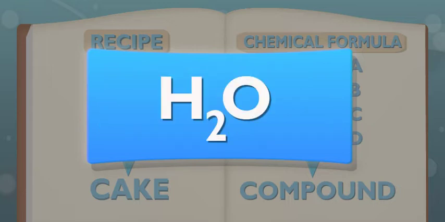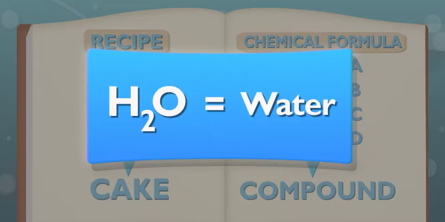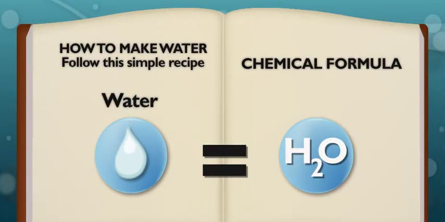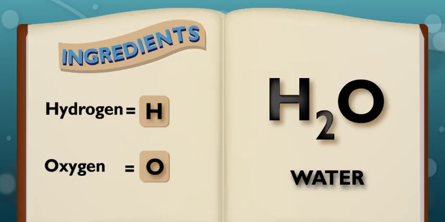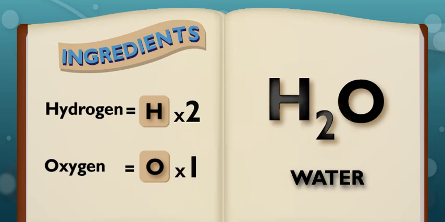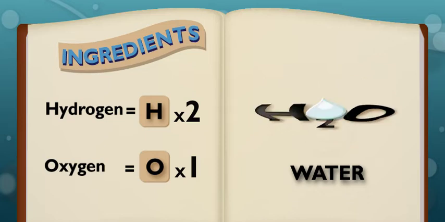Ever hear of H2O? Yeah, it's water, right? Yep. H2O is the chemical formula for water. Water is a compound. Its ingredients, the elements from the periodic table that make it up, are hydrogen and oxygen. H is the symbol for hydrogen. There are 2 atoms of hydrogen in water, so the chemical formula shows a 2 after the H symbol. That number is called a subscript. There is 1 atom of oxygen, so its O symbol is enough to tell us that. Put it all together, and H2O equals water.